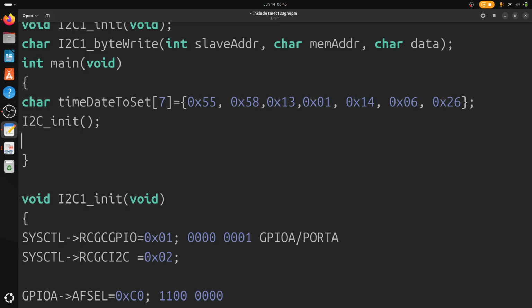After setting up all those I2C initialization functions and calling them, after that I will call